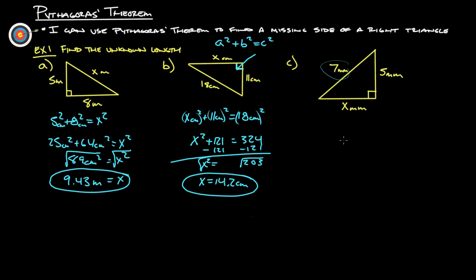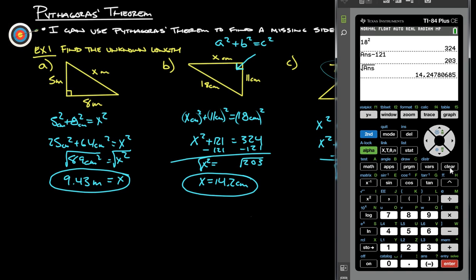This one here, the hypotenuse is the 7. So these are our two legs, x, and again I'm going to leave the labels off here just for now. x squared plus 5 squared equals 7 squared, right? So we get x squared plus 25 equals 49. Subtract 25 from both sides, and we get x squared equals 24. So we square root both sides, and we get that x is, so we're going to just do the square root of 24, and we get